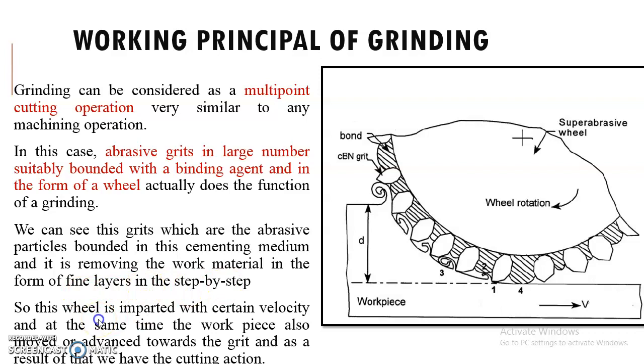So the grinding wheel has a certain velocity, and a workpiece is fed against the rotation of this grinding wheel where cutting operation takes place. So this is a workpiece which is moving exactly in the opposite direction to the wheel rotation, and the wheel will cut the material with the help of these abrasive particles. Keep in mind, these abrasive particles are much harder than the workpiece material, and because of that it removes the fine particles from the workpiece.